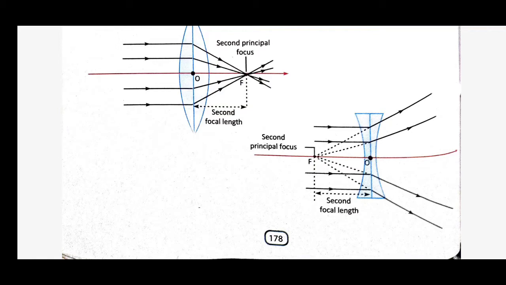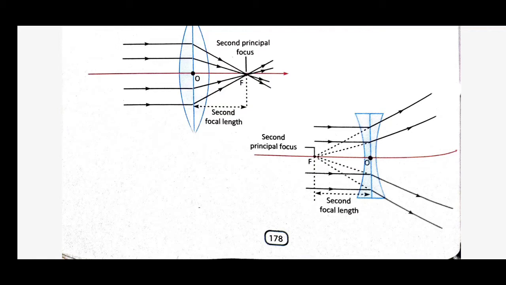See, this is the figure. Here all the rays which are incident nearer and parallel to the principal axis diverge after refraction through the lens, and they appear to be diverging from this point F. So this is the principal focus of the concave lens. So I think it became clear what the principal focus is.